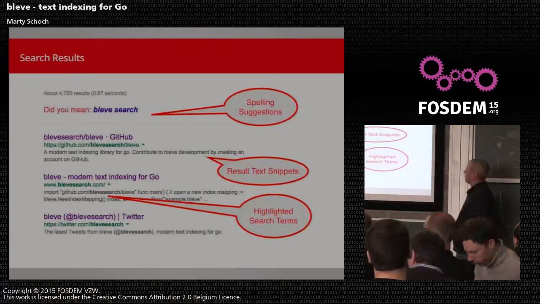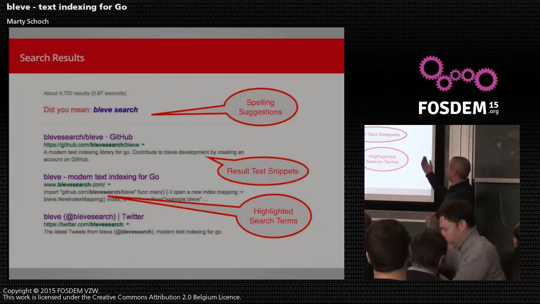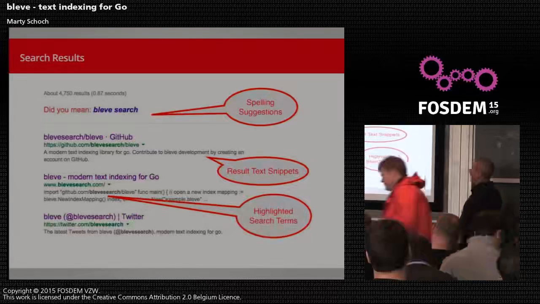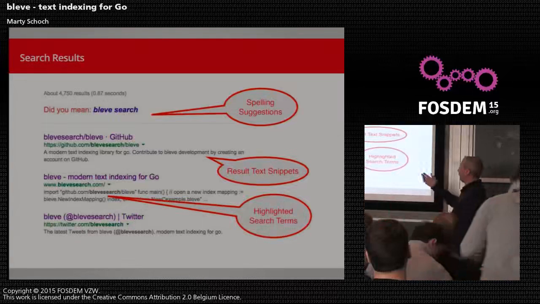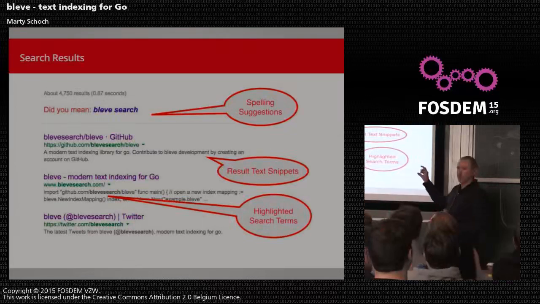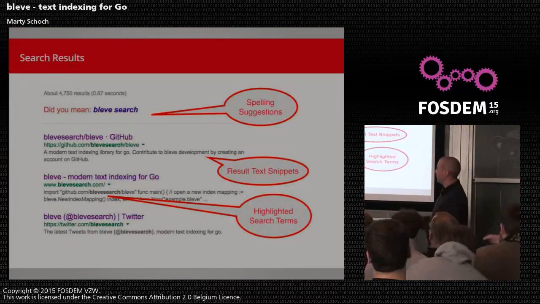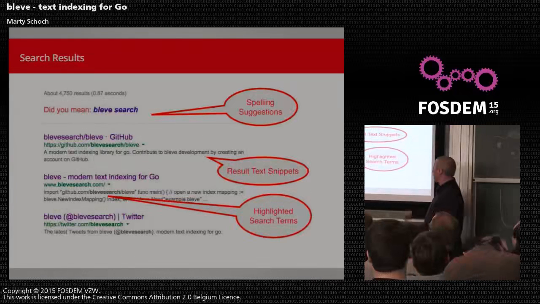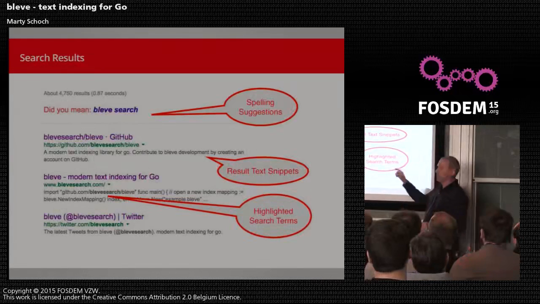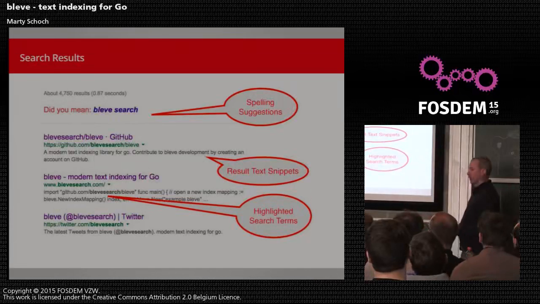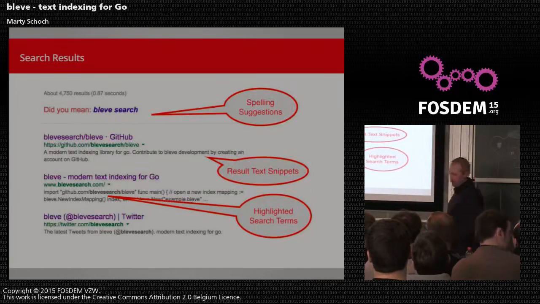And then when we look at the search results, these days people expect spelling suggestions if there's some sort of misspelling. It's helpful for the user to see little snippets of document content coming back with their results. That helps the user understand the context of why this result was returned. And taking that a step further, even highlighting the search terms inside of the snippet. It's a very powerful feature for users to understand, why did this document match?